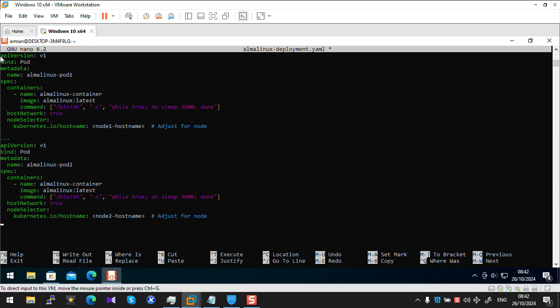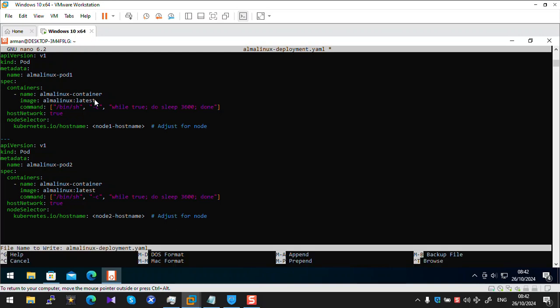This script uses version 1 API version for 2 almalinux pod 1 and almalinux pod 2 with container name almalinux container and image name almalinux with latest version. Save this file